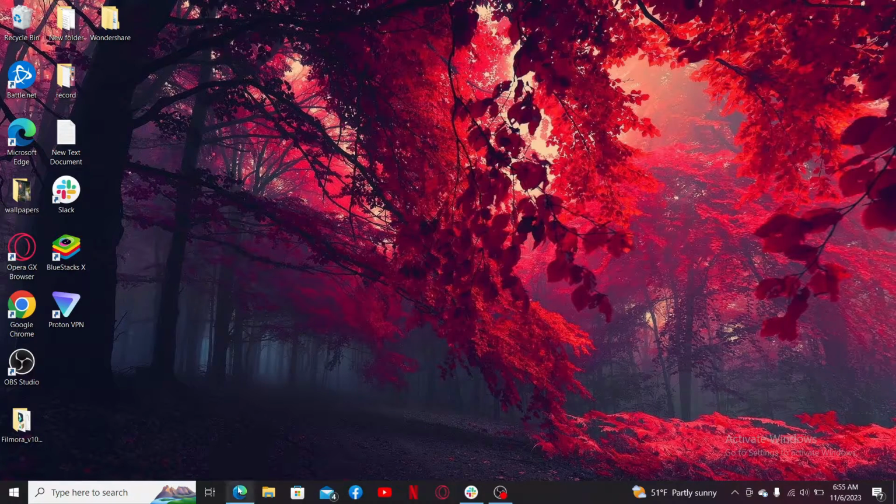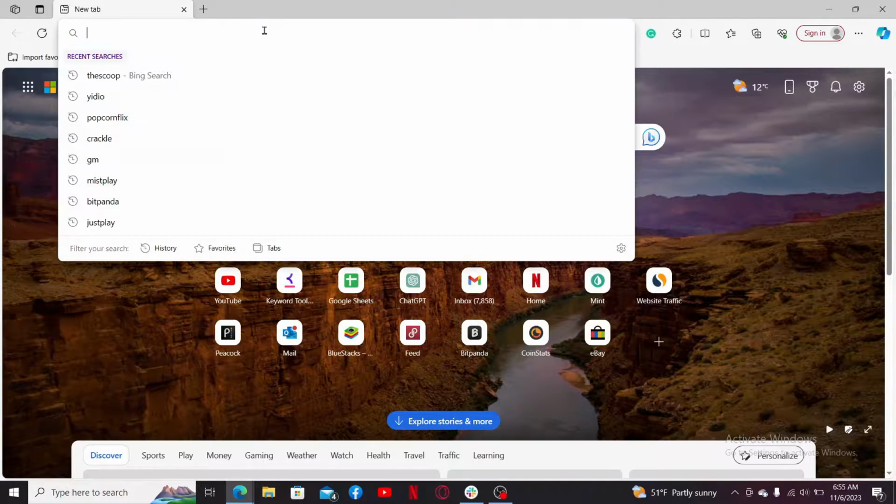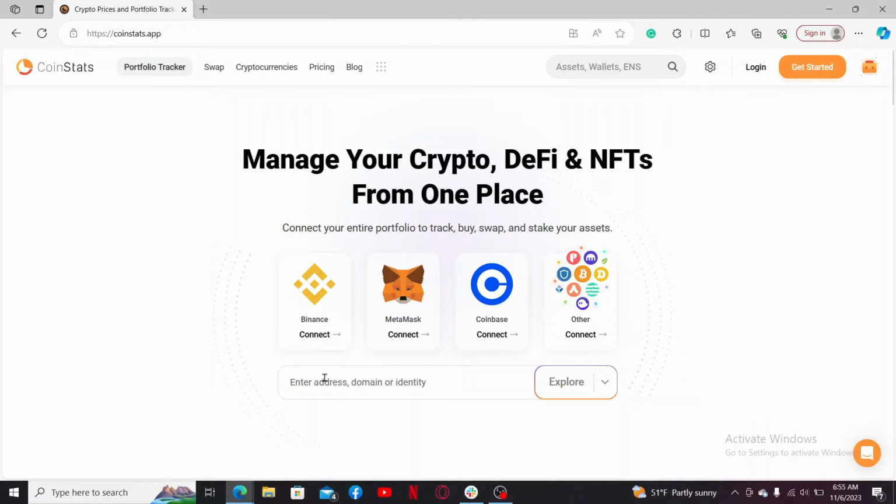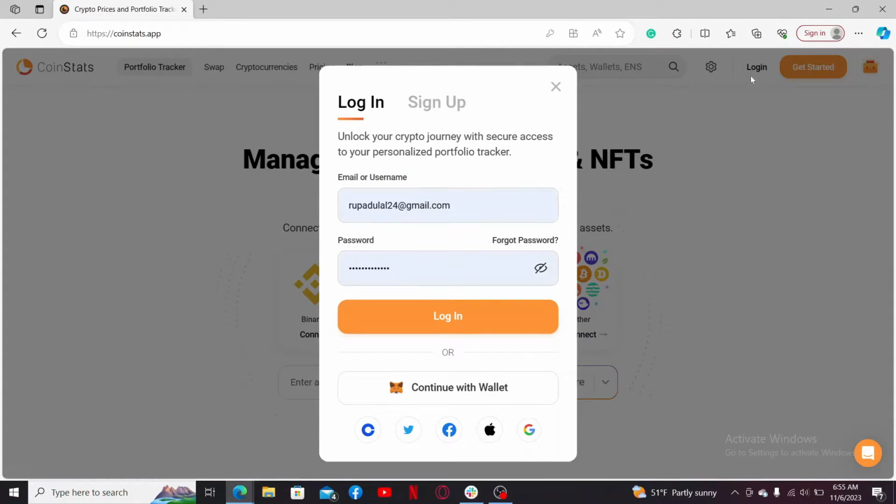Open a web browser and into the URL box type in coinstats.app and press enter. Soon after you do that, you'll end up in the official website for CoinStats. So go ahead and click on the login button at the top right hand corner, which will then bring up